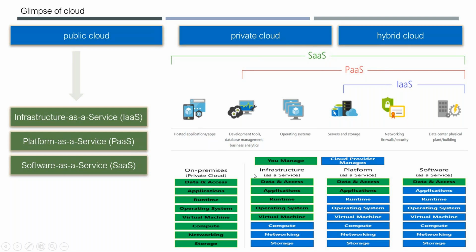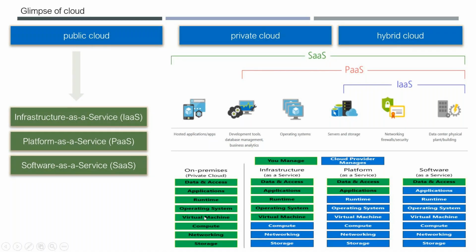And to make it even easier, I gave one more table in the backend. You start from the left. What you will generally have in your own data center, you call it on premises, or it can be a private cloud as well. These are all the things available in your data center. If I start from the bottom, you have to have the storage device, you have to have the networking cables, you have to have the compute, that means your server hardware basically.